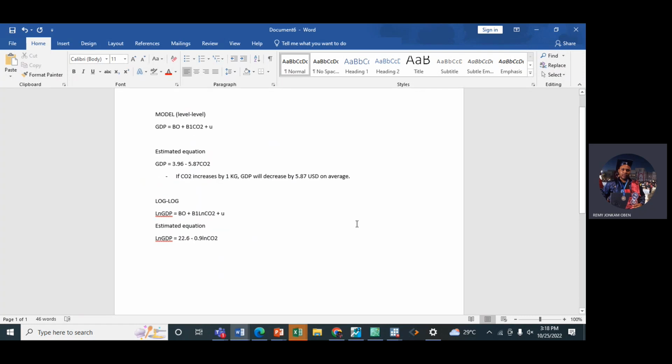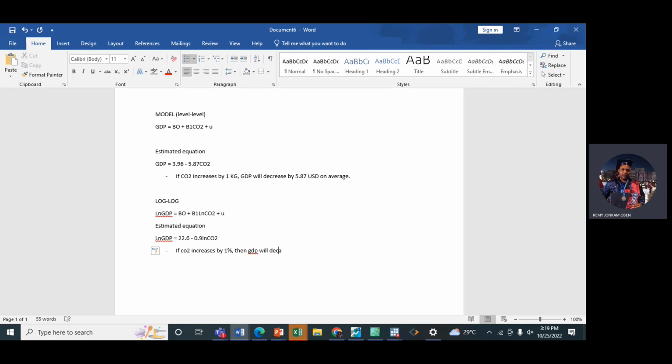We don't include the error term, and we have to interpret it. So how do you interpret it? Since it is log, we use percentages for everything. Remember here we were using the units, kilogram for carbon dioxide and US dollars for GDP. But since here it is log, we use percentages throughout. So what we'll say is that if carbon dioxide increases by 1%, it is percent throughout, then GDP